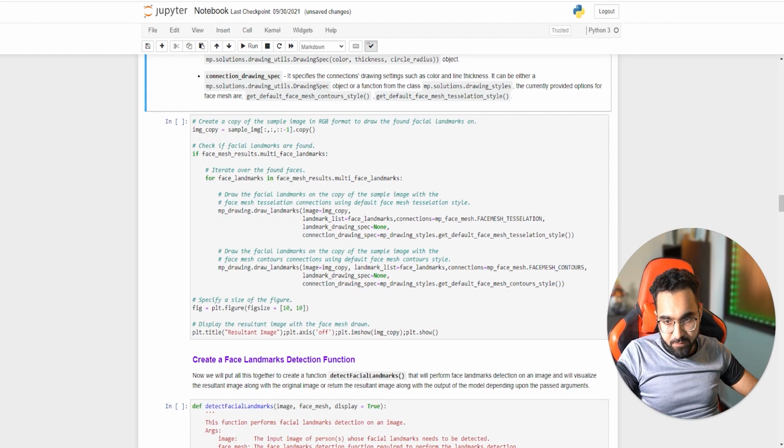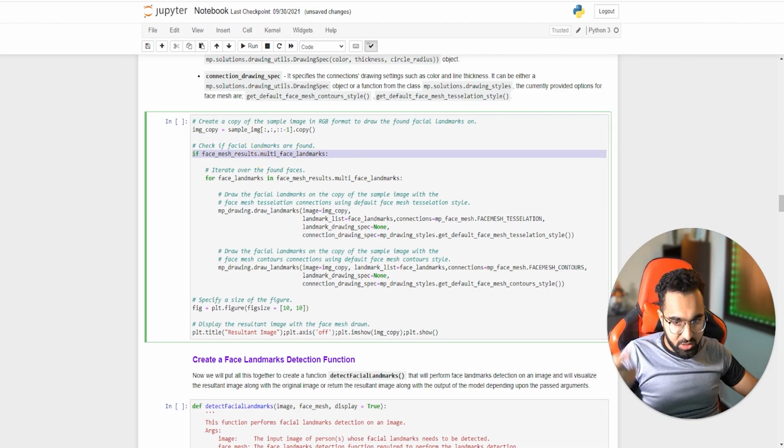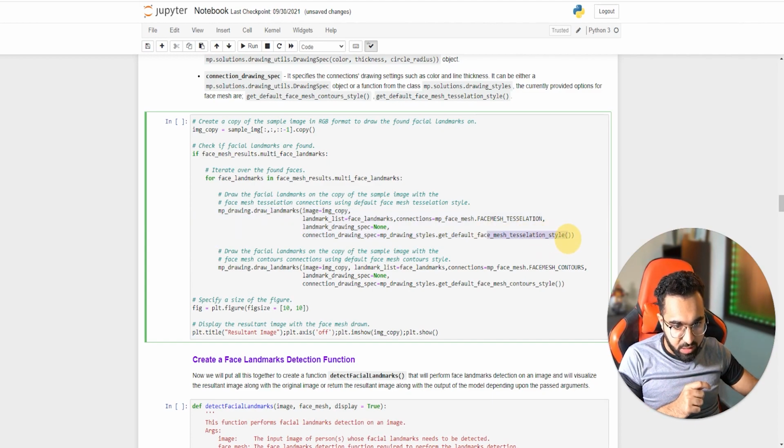So here we have the whole code in action. We're loading up the image, and for each facial landmark detection, we're going to iterate over each face, and then first draw out the whole facial mesh by using this tessellation. And then I'm also going to repeat that process, but this time I'm going to draw the facial mesh in contour style.